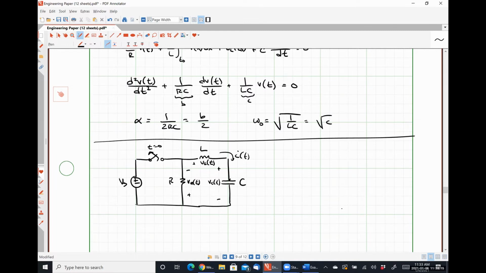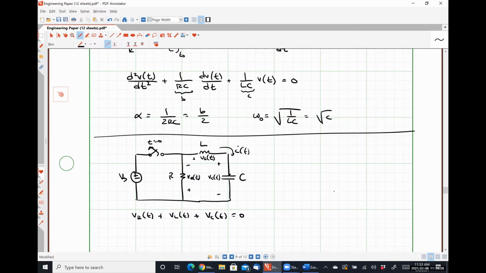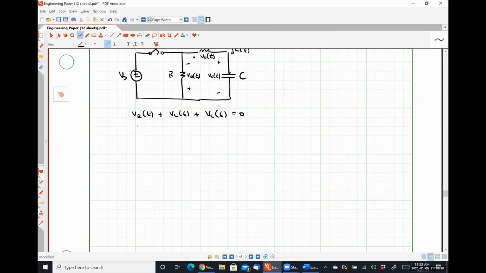Doing KVL around the loop during the transient condition gives us VR plus VL plus VC is equal to 0, which is R times I of t plus L times dI by dt